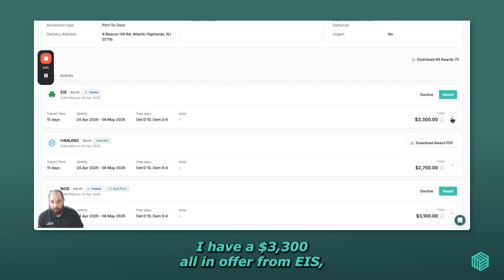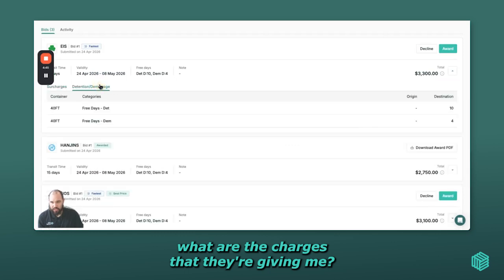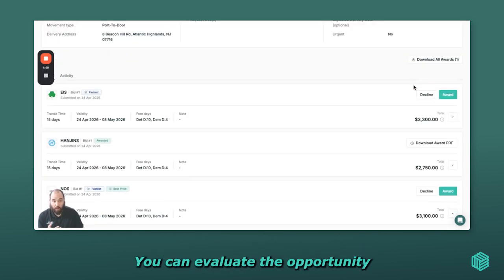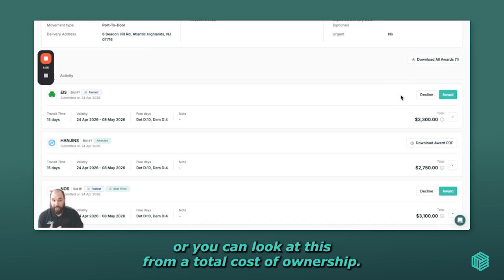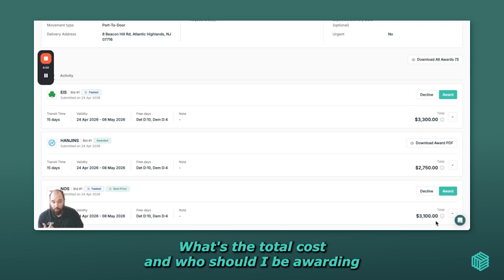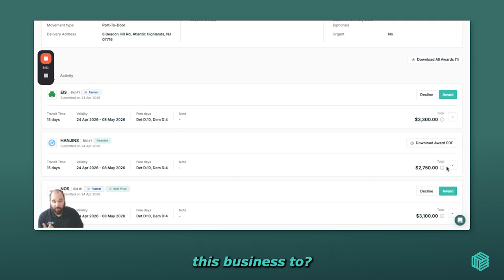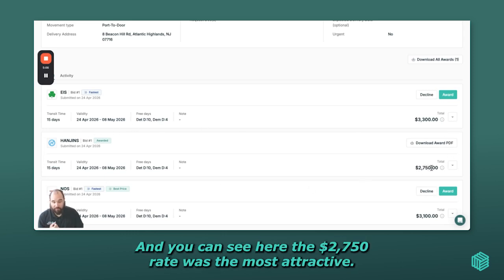I have a $3,300 all-in offer from EIS. What are the charges that they're giving me? What's the detention and demurrage that they're giving me? You can evaluate the opportunity on an individual surcharge or free time basis, or you can look at this from a total cost of ownership. I need to move one box in this scenario. What's the total cost and who should I be awarding this business to? In this scenario, we awarded the business to Hangens, and you can see here the $2,750 rate was the most